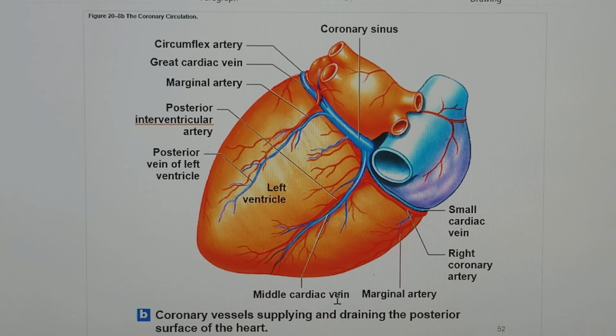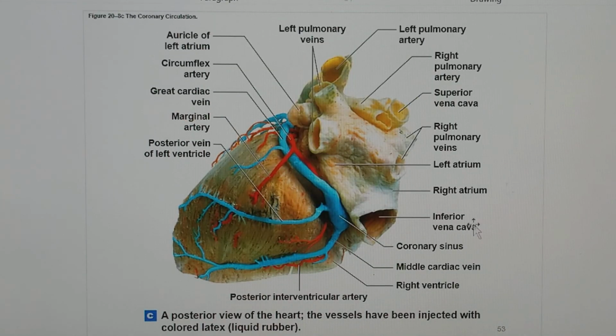Okay, middle cardiac vein we can see here. Posterior vein of the left ventricle here. Same thing we've discussed. We can just see a little better here the coronary sinus, posterior interventricular artery, great cardiac vein here, inferior vena cava, superior vena cava, left pulmonary veins,